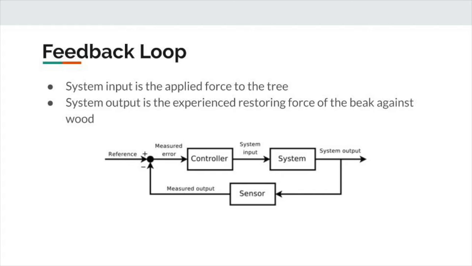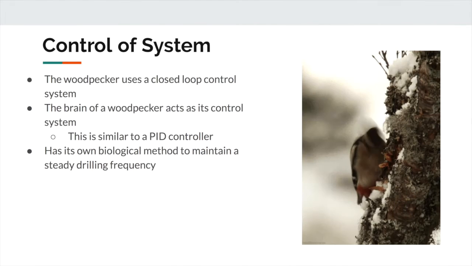This can be observed when watching a woodpecker drill. As seen in the video, the woodpecker continually makes minor adjustments to where it is drilling. As it drills, the woodpecker takes in many different inputs to adjust its position and force exerted. It takes in visual inputs from its previous peck to choose its next pecking location. It also experiences the restoring force on its beak, as mentioned before, and biologically knows how to immediately adjust for the next impact. At the same time, the woodpecker is able to maintain a steady frequency while continuously adjusting.